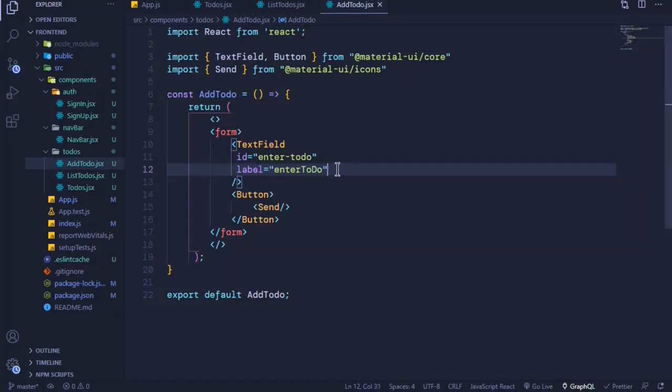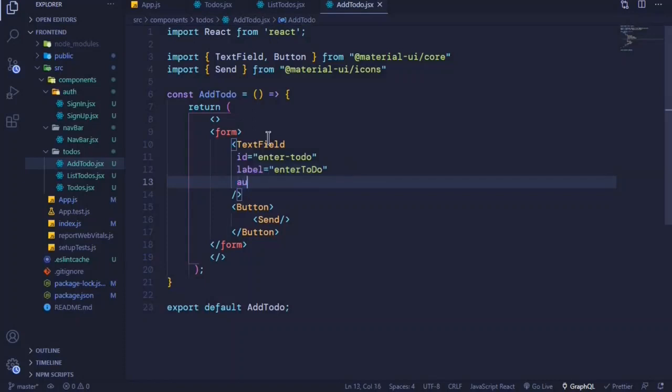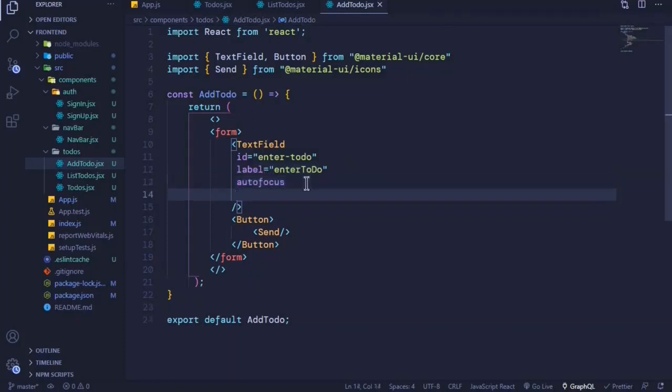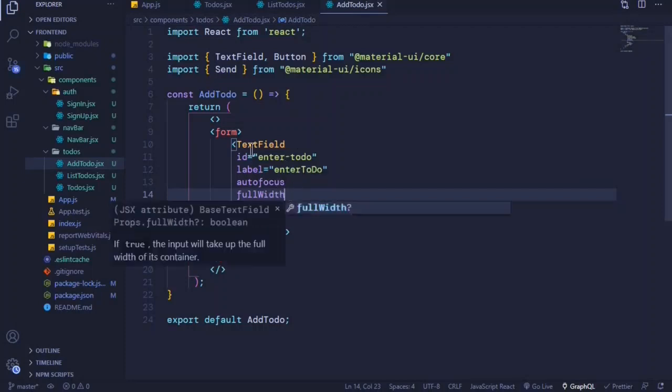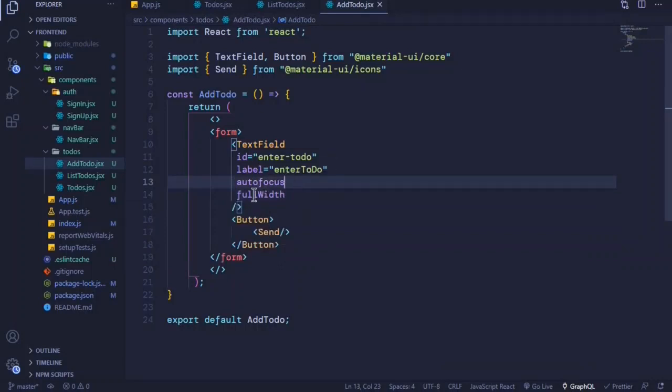And then we can set autofocus for this field. We set it to full width, and then we will have some other properties here, like the value and an on change event later when we start working with the actual data. But for now this is good enough. Now let's go to our button, and we want to set a color for our button to be primary, which is the blue color. And then we will set the variant to be contained,